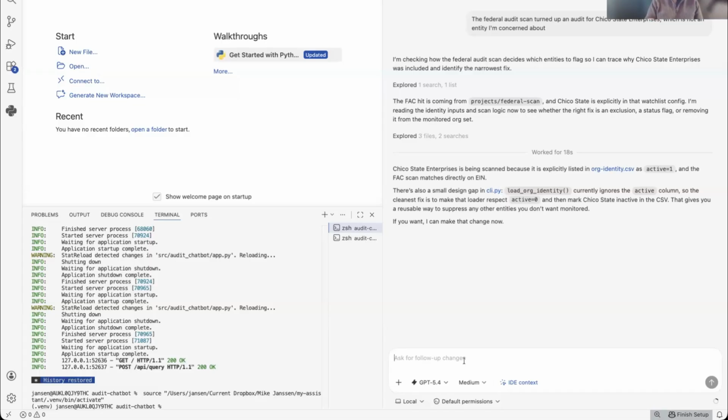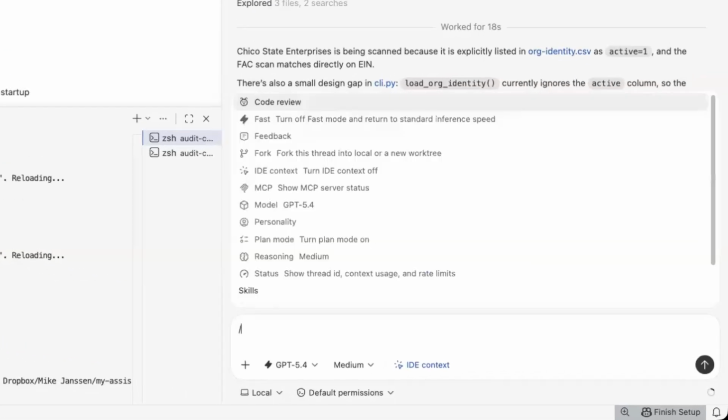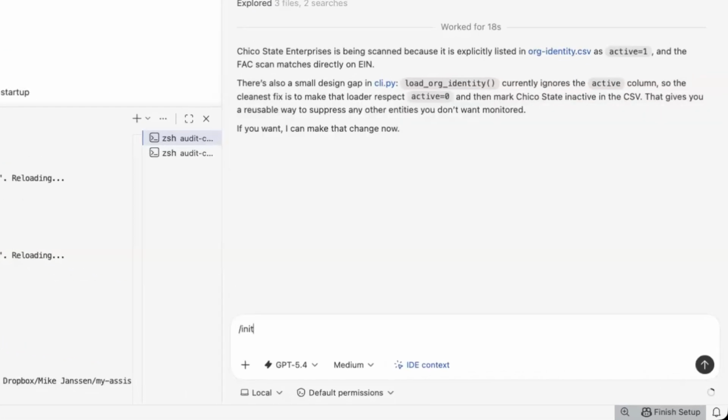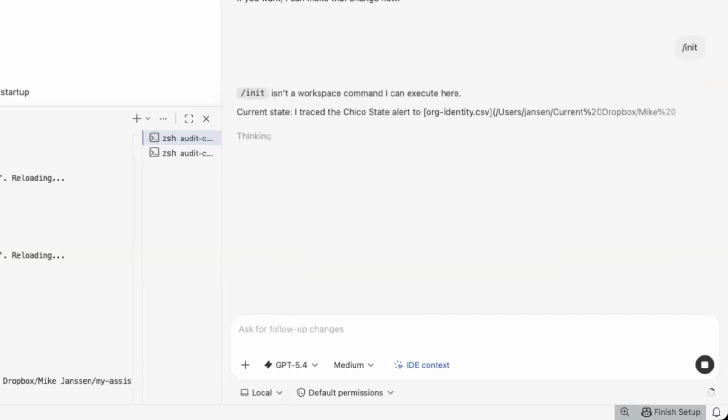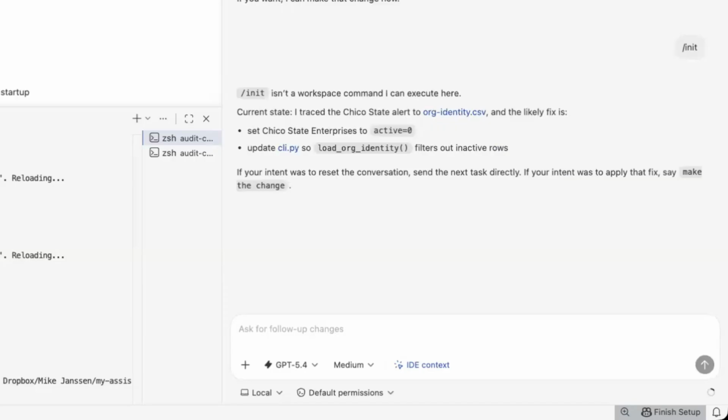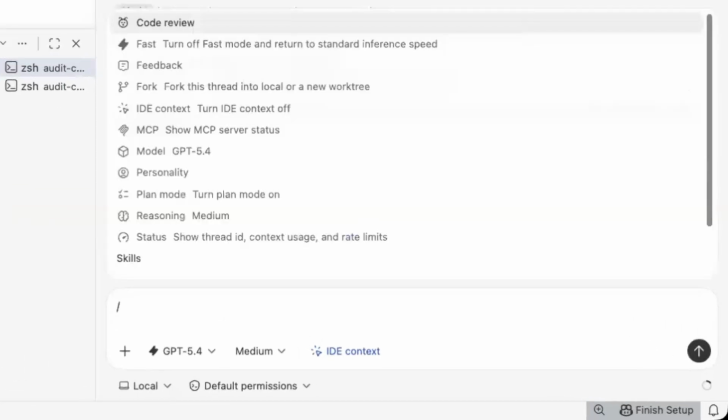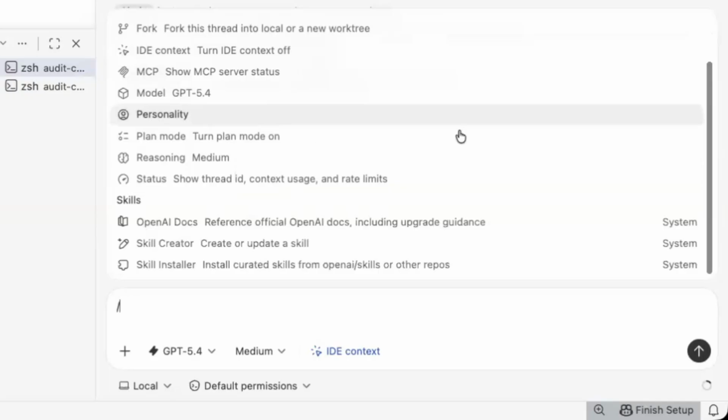Okay, so /init in the chat window. Yeah, /init. There we go. Let's see if that works. I do notice that in my... okay, so it doesn't have that there. When you hit /, let's see what you got here. Okay, so it does have skills. And if we scroll down, it has code review, skill creator, open ended reference. What about agents? If you type /agent,